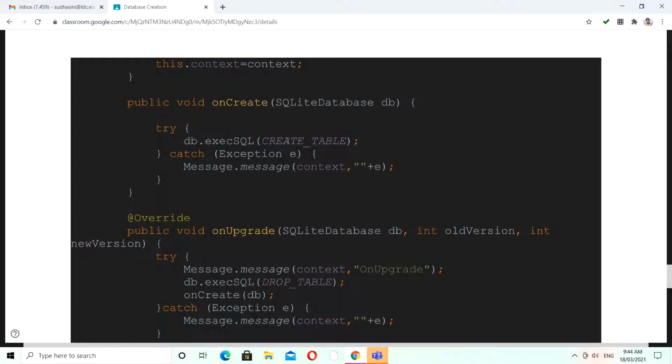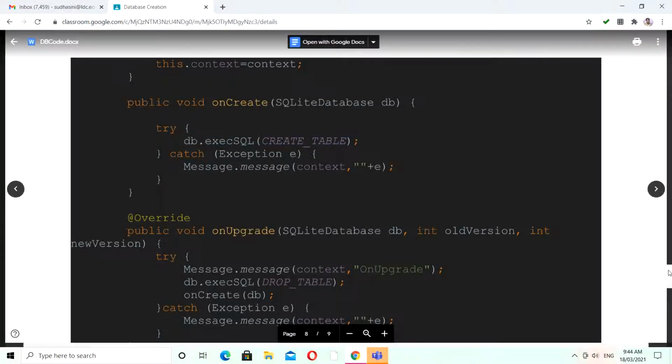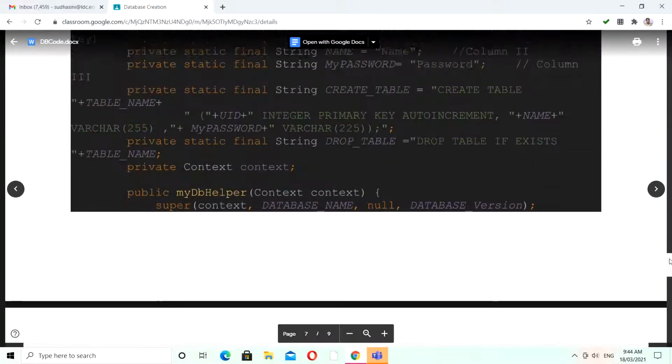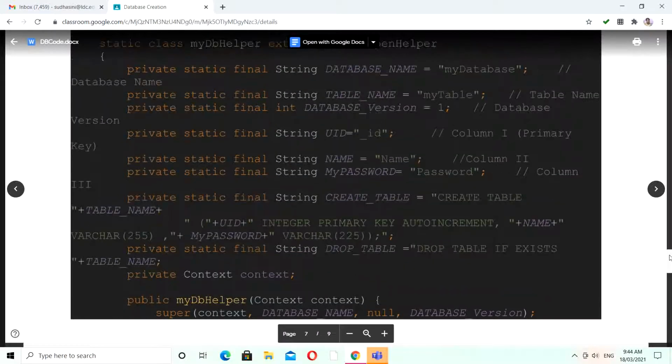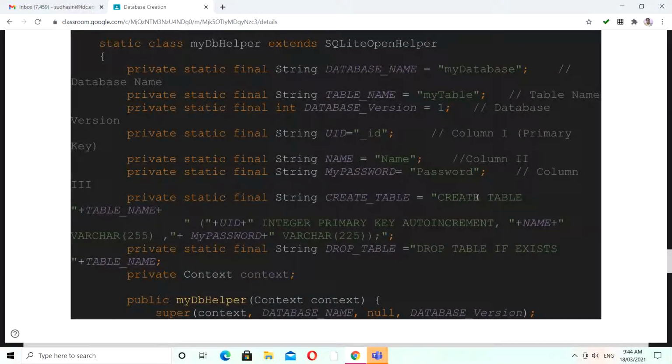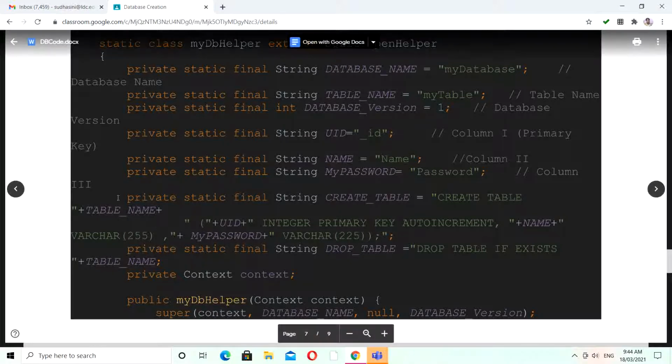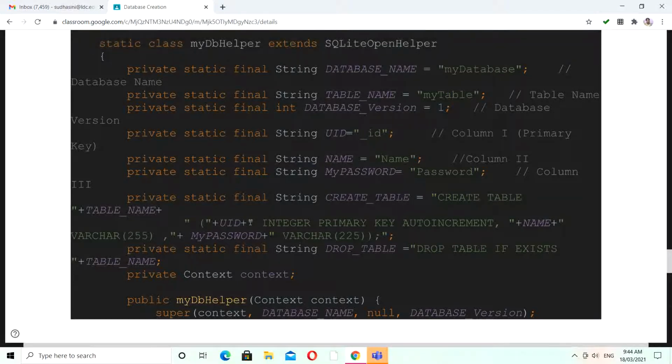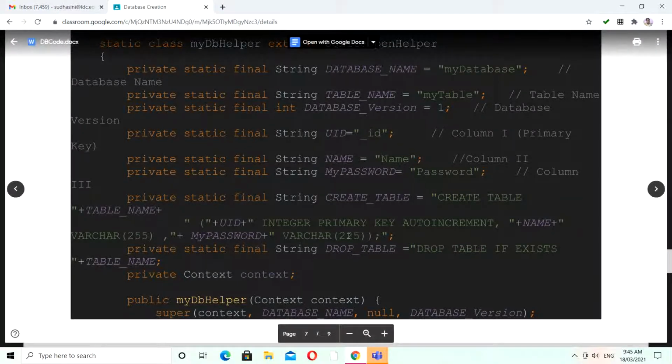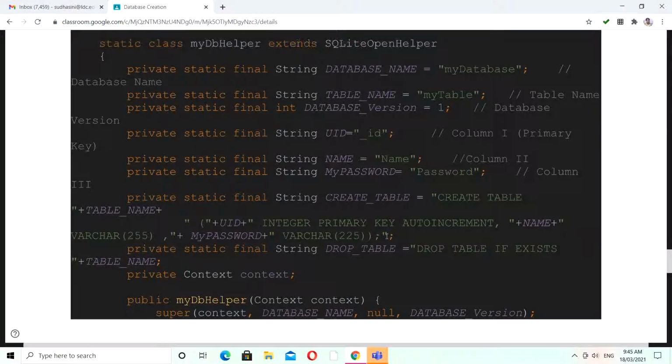So what do we have in this create table? Let's look into the previous code. Yes, this is the create table. Within your create table we have a complete query, describing how we have to create your table. It has the create table statement, the table name, the corresponding attributes, and then the respective data types of the attributes, mentioned as comma-separated values. This is the query, and the complete query is in a create table string.